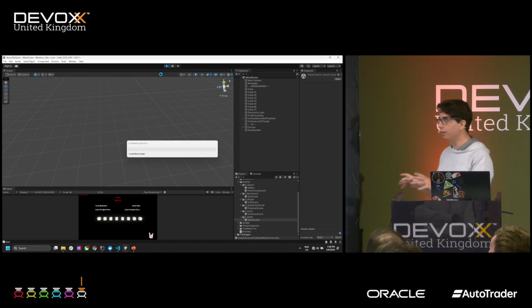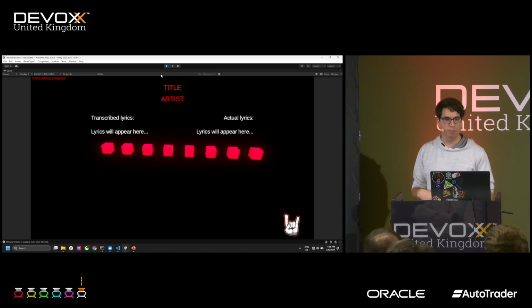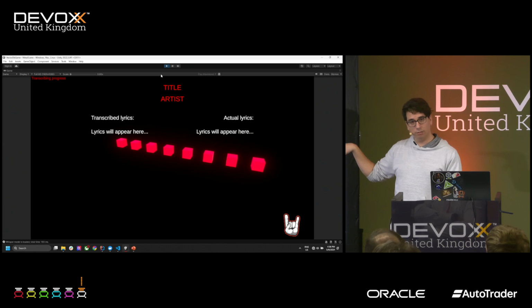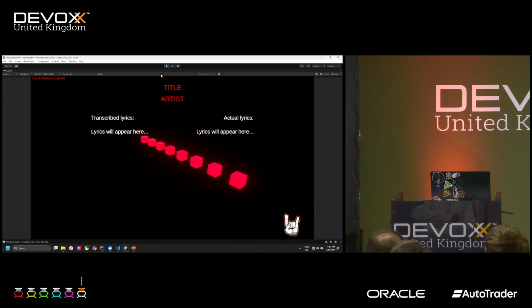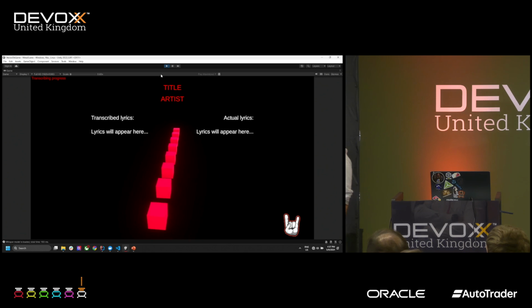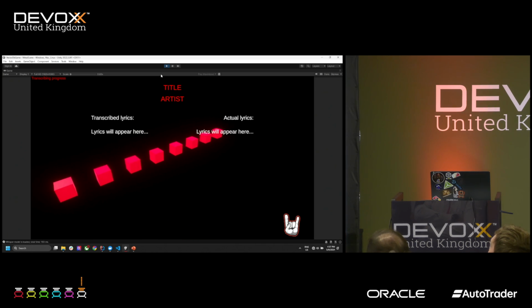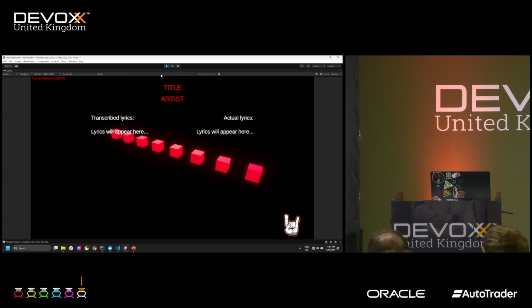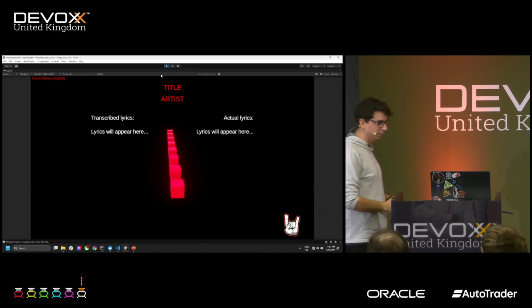I embedded the OpenAI Whisper model, a music transcriber, into Unity. It's going to listen to the song, which is the Duncan Hill's coffee jingle. On your left side, you'll see the transcribed lyrics, so what the model thinks it's hearing. On the right side, you'll see the actual lyrics, that is what they're actually singing. And every half a second, we'll be querying the database to see if we can find a match between the lyrics and the Duncan Hill's coffee jingle.